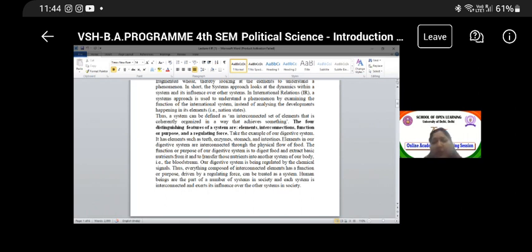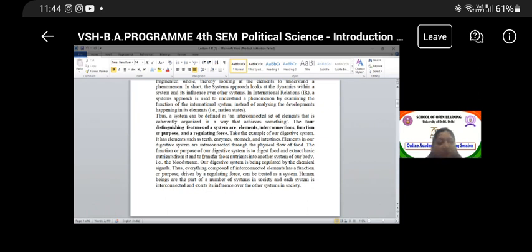Okay, so international में क्या होगा? The states, the non-state actors, economic organizations, the cultural organizations, different kinds of institutions, ठीक है, वो सारे जो हैं, they will be part of the international system. They will be called the elements. So elements in our digestive system are interconnected through a physical flow of food. There is food, and then it flows through the whole system. So here it would be perhaps the resources and the capital that flows through the whole system.